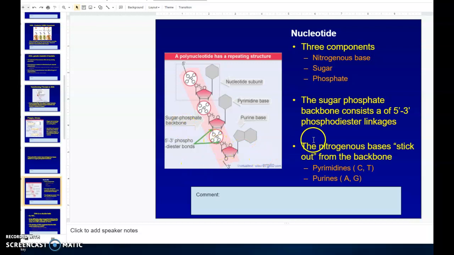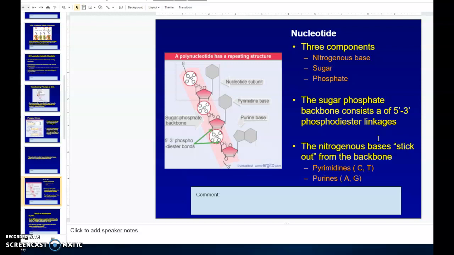Okay, on this slide here, we're talking about nucleotides. And again, a nucleotide is a phosphate, sugar, and a base. Since we're talking about DNA here, the sugar is deoxyribose. If we were talking about RNA, the R stands for ribose. So the two different sugars: one's deoxyribose, and RNA is ribose. That's the only main difference, that and one base,